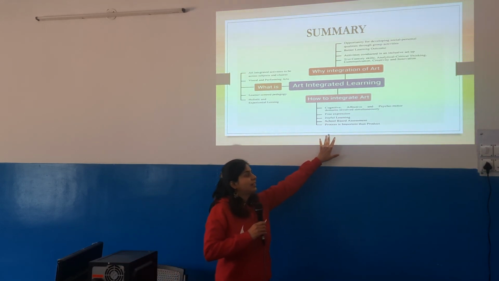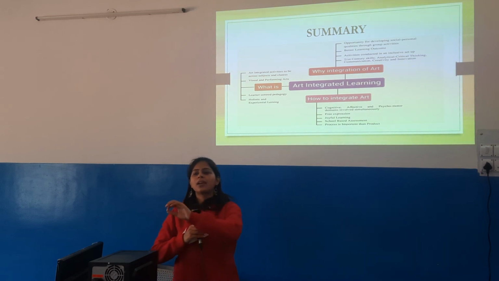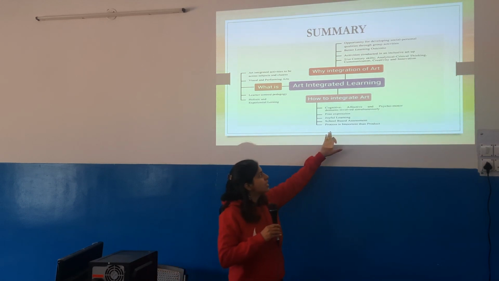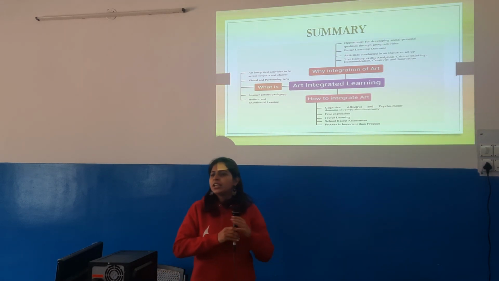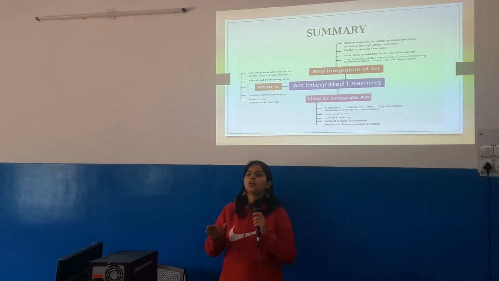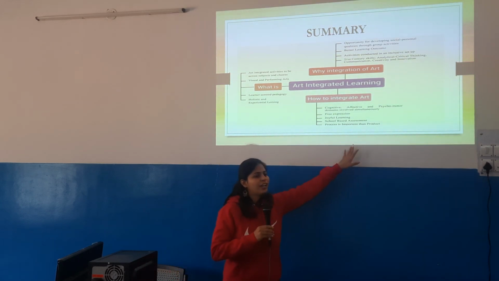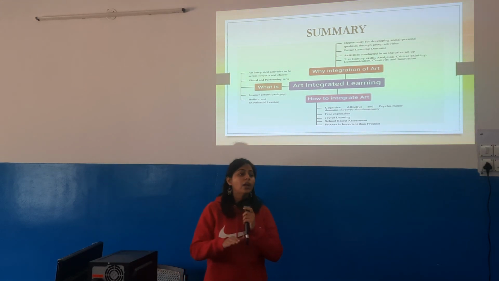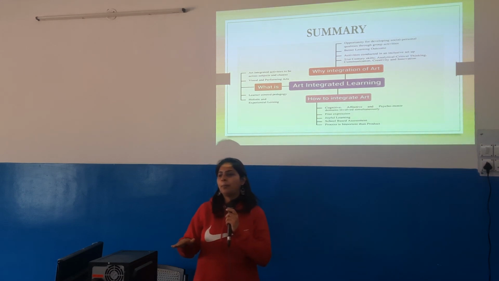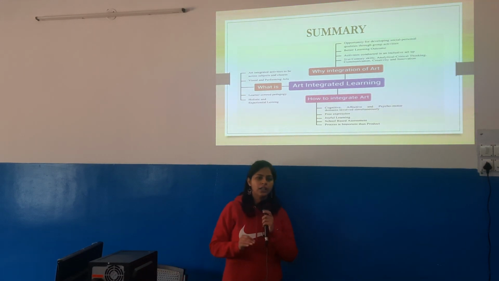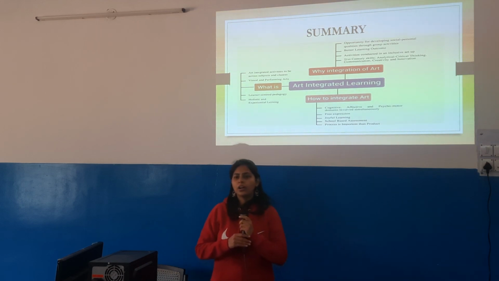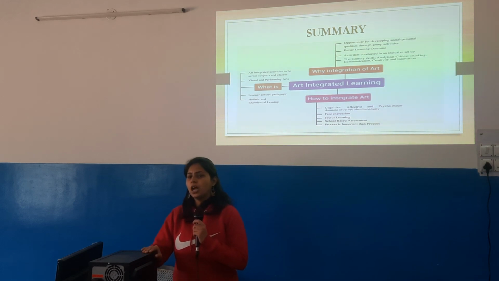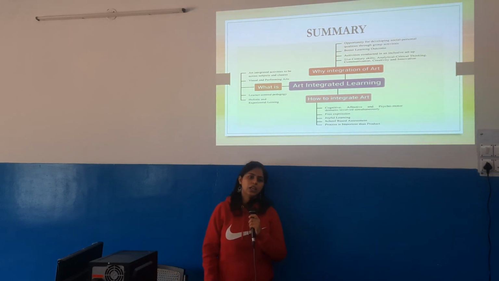The last line here is very important. Why? Because it summarizes the whole idea of NCF, NCERT together by saying process is more important than product. Here in the entire session we have talked about the process and we are waiting for the final product or result which we will see in our future generation when they go through such a learning and teaching pattern. And we will definitely find a change in the students in coming years if we include this in our day-to-day teaching and make art integration a pedagogical tool in our teaching-learning process.